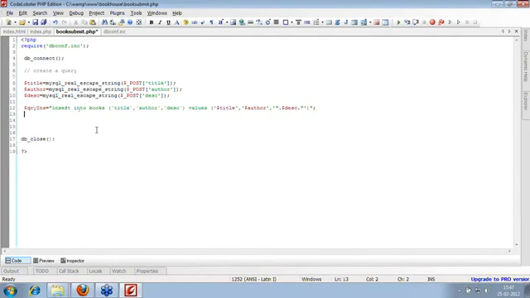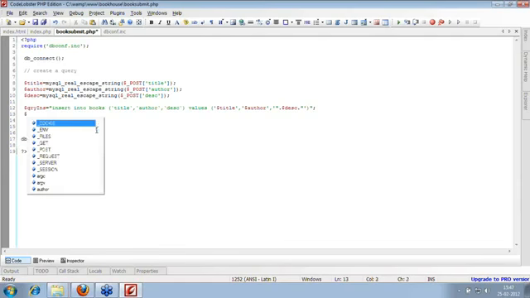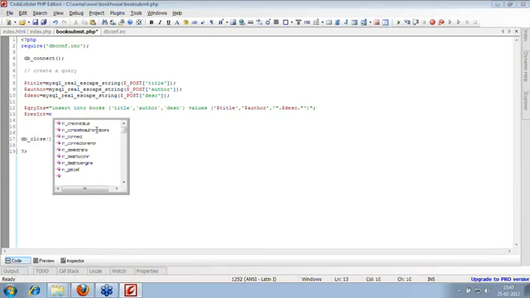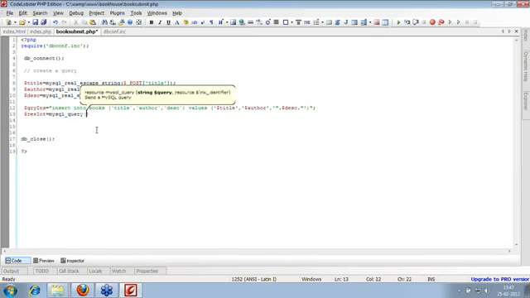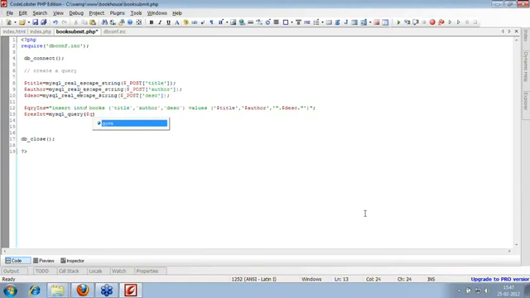So the thing is, I'll say $record set for insert statement is mysql_query. Now I can directly pass my query here, or I can create a variable and pass a string variable here. So this is the query.